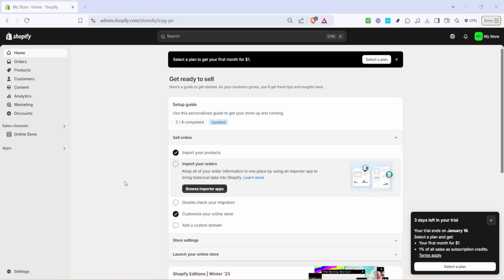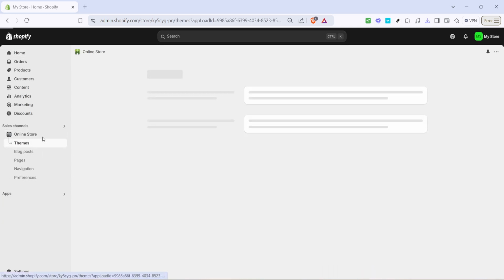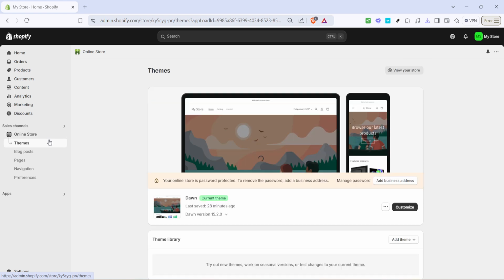First, you'll need to access your Shopify store, so head over to the Shopify admin panel. Once you're there, navigate to the home screen of your store's dashboard. This is your central hub where you can manage and customize various aspects of your online store. Next, you're going to want to find and click on the online store option. This section is crucial as it houses all the theme related settings for your store, which is where we need